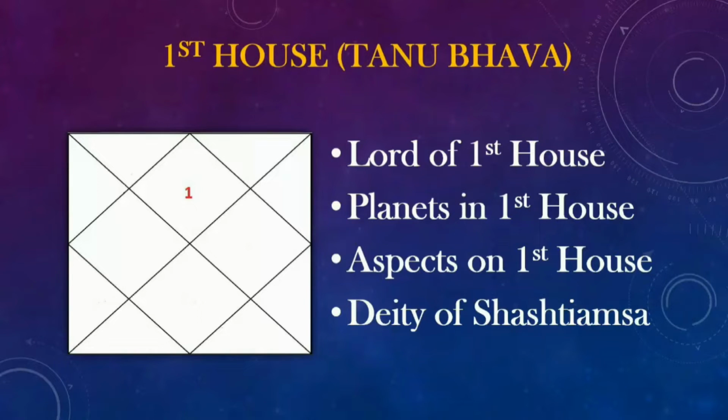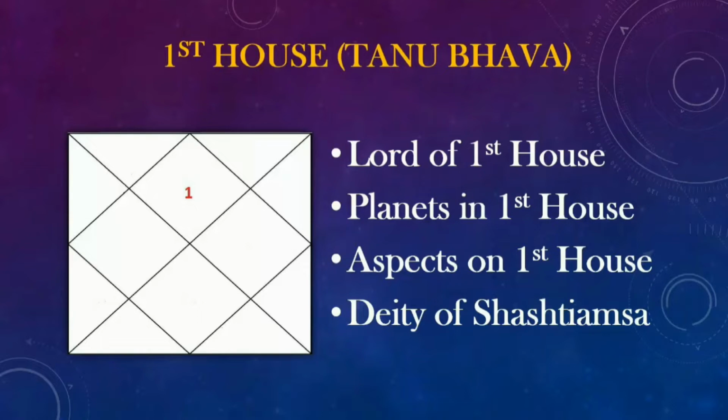Just like the D1 chart, that is your Rashi chart, the D60, which is the Shastiamsha chart, is required to see all the aspects of your life, that too with the microscopic view. Every aspect, whether it's your social life, your personal life, your luck, bad luck, career, obstacles, income, marriage, children, your family, everything you can see from this Shastiamsha division, and it will give you a very clear and better idea of this life.